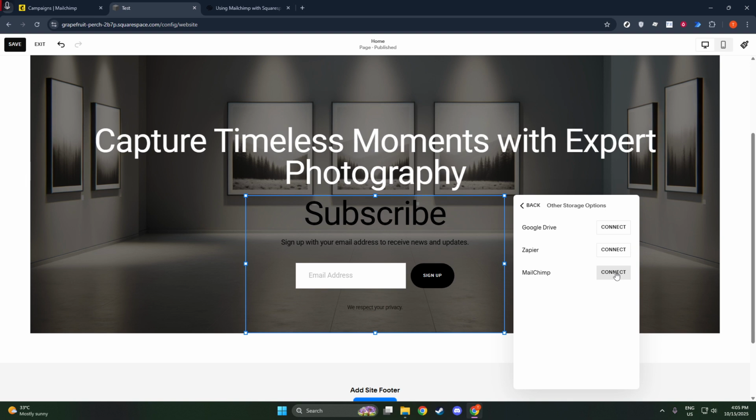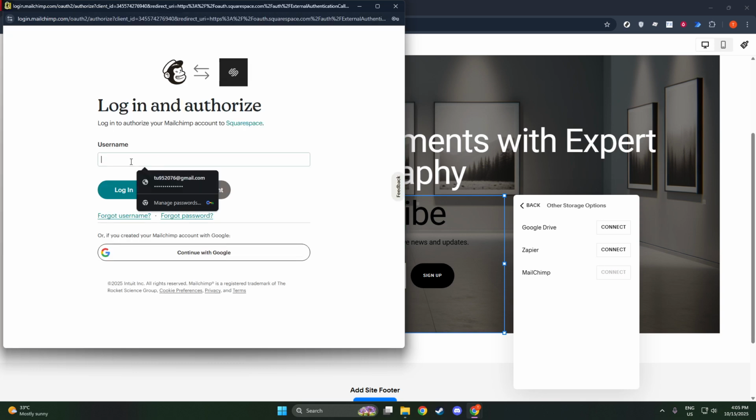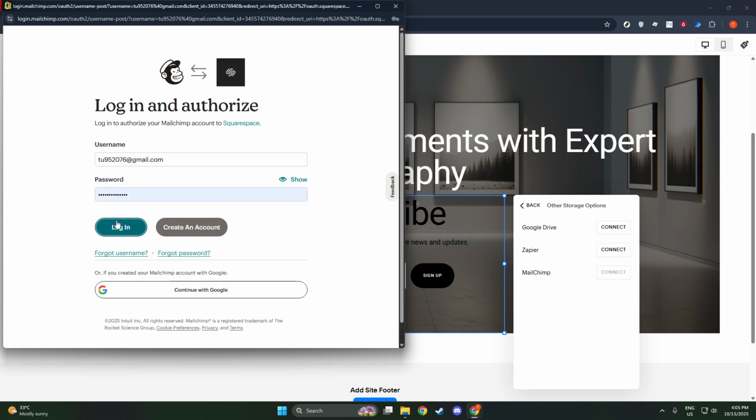In the storage settings, look for an option to connect another service. This is where you'll choose Mailchimp. Selecting Mailchimp will prompt you to either log into your Mailchimp account or authorize the connection if you're already logged in. This process ensures that the two platforms can communicate smoothly, allowing your Squarespace site to send the collected data